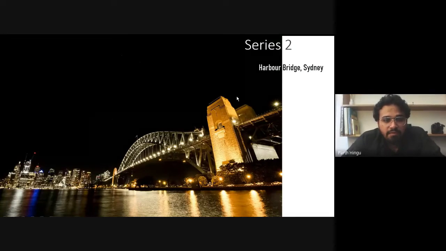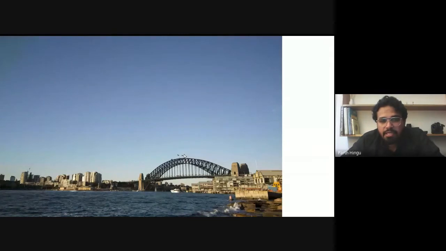This is a night photograph, and this is a long exposure photograph. So I slowed down my shutter speed because it was dark at that time, but after slowing the shutter speed, you can see the actual scenario. So this was at night time. This was at daytime. So roam around and see the building which you want to click.